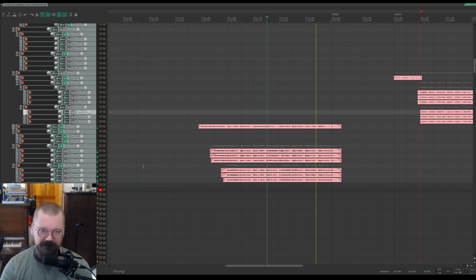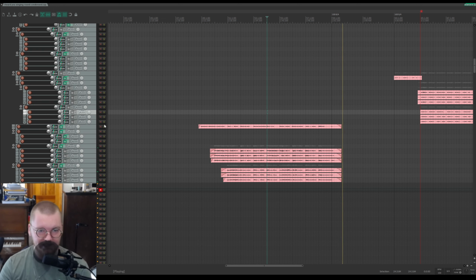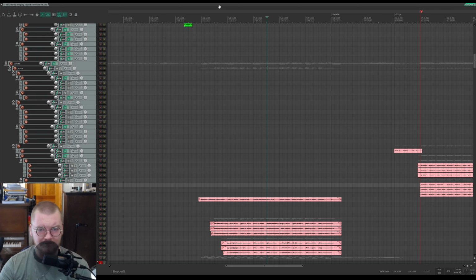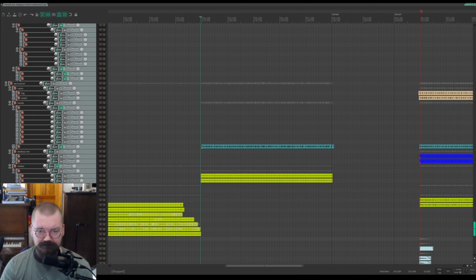It kind of goes minor, so I had to adjust what the other things were doing early. What else is going on in this section? Oh, I hear a hand drum. A djembe. Where's that? It's right here.